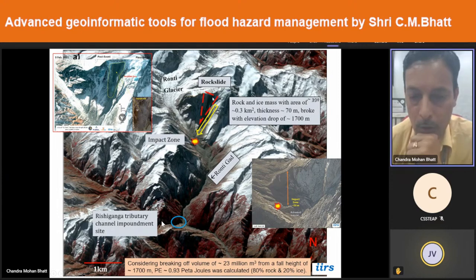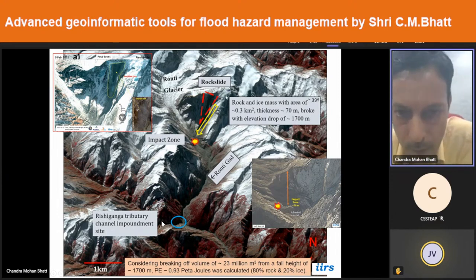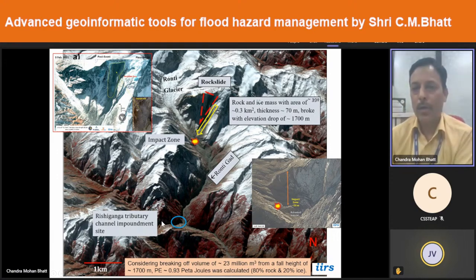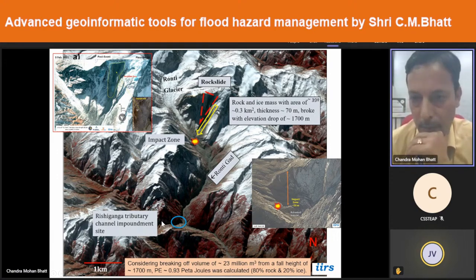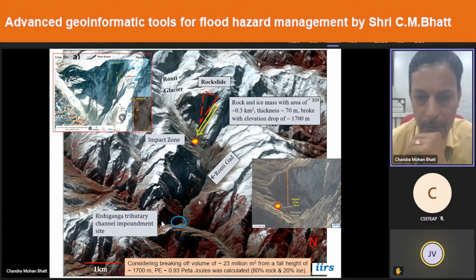There was a rock slide around 5,400-meter altitude, near Ronti Glacier. There was a detachment of a block, and that block got dislodged and rolled down along with the ice and the rock material, and it traveled around 1.7 kilometers. There was a drop, and there was a huge